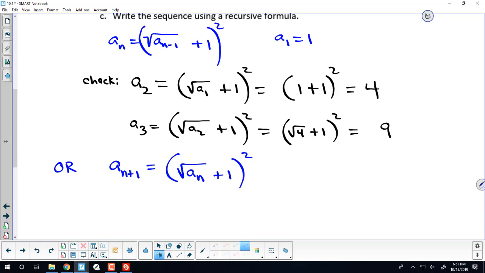So that could work as well. It's the same statement that we started with. All we did was shift these indices. I added 1 here, so I add 1 here, and that gives me that and that. So it's really not a unique thing in that sense. Generally speaking, it is, but